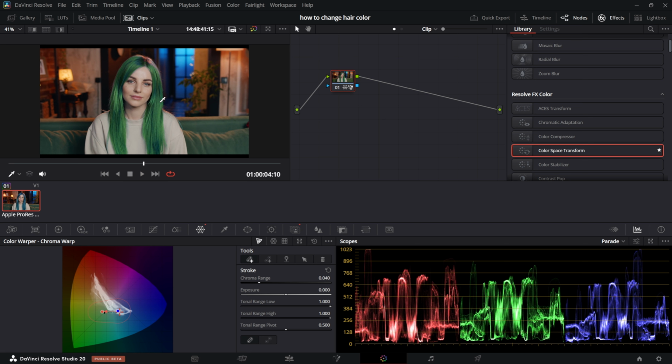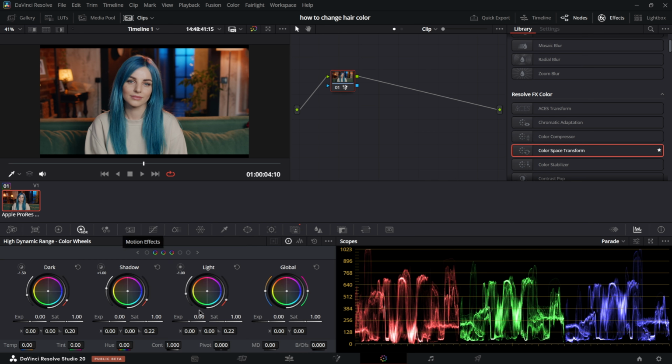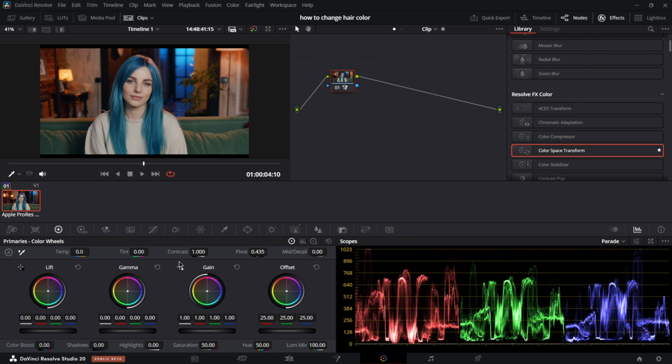Right, so if you want to change your hair to black color, the first thing we're gonna do, we're gonna have to take the color away first. Now we're gonna go to the color wheels, and we're gonna turn down the saturation to about right here. I mean, gray is good. And then we're gonna take the brightness down, okay? Let's go with the offset. Take the brightness down to somewhere it gets a little bit darker,